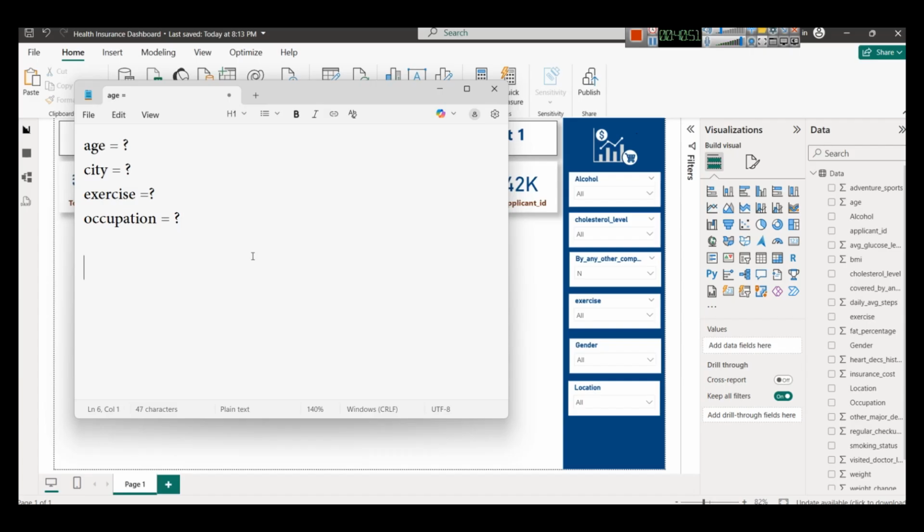So you will ask them these questions, and then you will say, okay, your insurance cost will be 25,000. But how will you come up with this value? What is the criteria, or how will you calculate that their insurance cost is 25,000? Let's say these are all variables, x1, x2, x3. X1 is age, x2 is city, x3 is exercise, and so on,